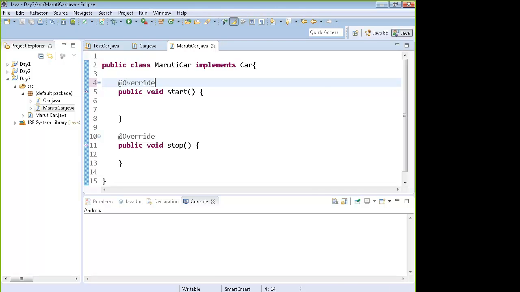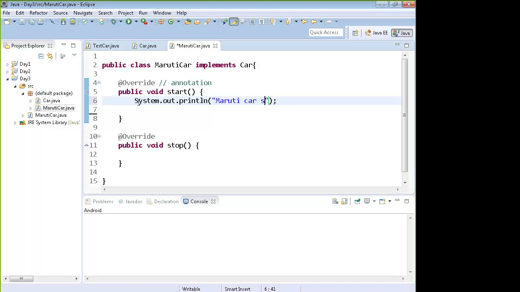This is just like a marker. This is known as an annotation. You can remove it as well. It is there to just make you realize that this function is coming from this interface. If a layman looks at your code, he will come to know that this function is coming from the interface. So out here inside this, I can write Maruti car starting, and I can write over here Maruti car stopping.